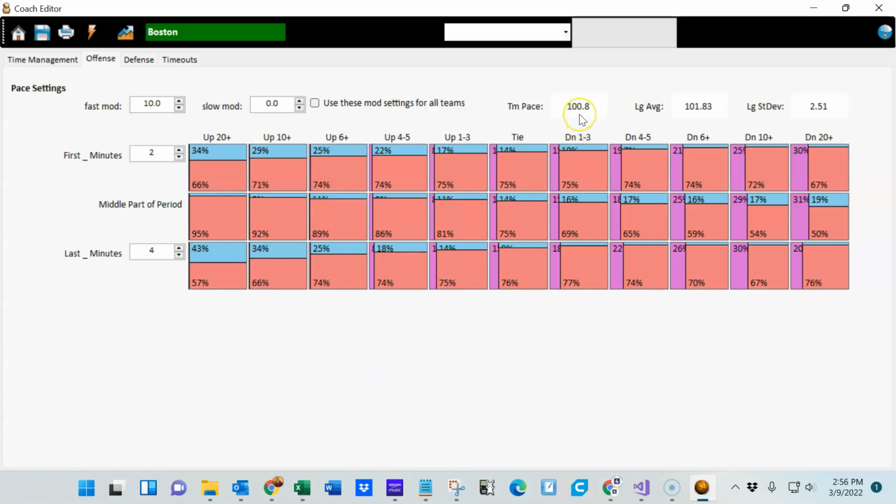The team pace is listed up at the top next to the league average. Boston had a pace that was below the league average in 1980 and 81. Standard deviation for the league was 2.51, so this is roughly half a deviation point away from average. To modify this, there are two sliders that can be adjusted, and all you need to do is hover the mouse over the area